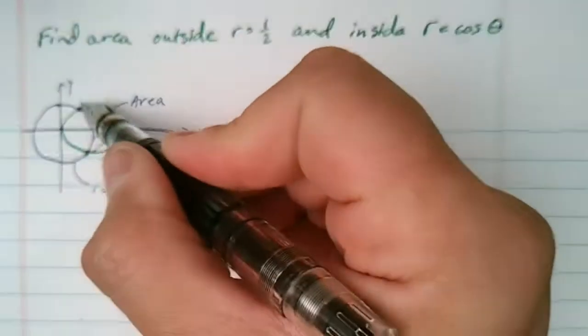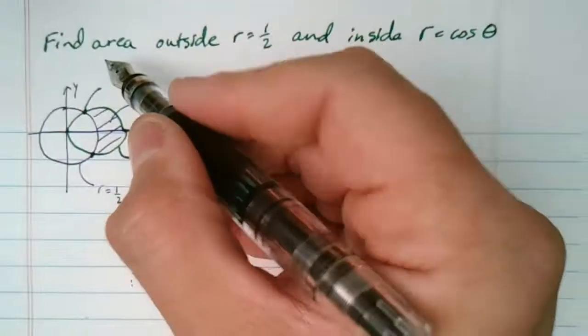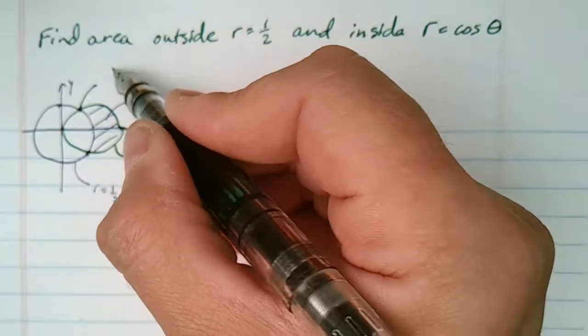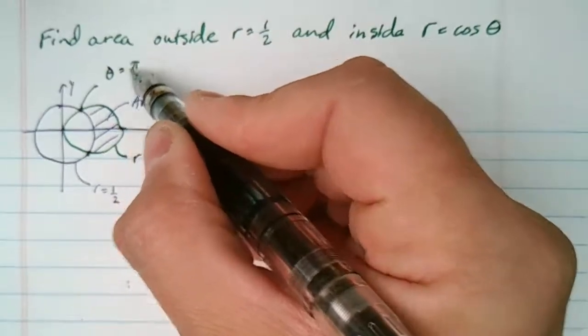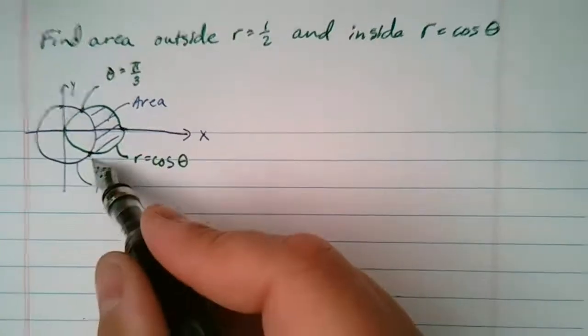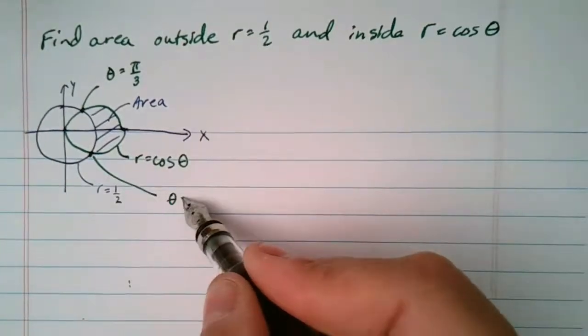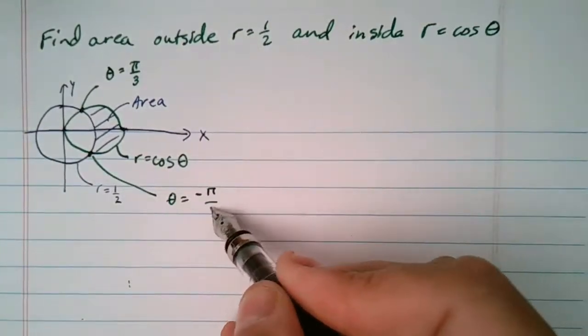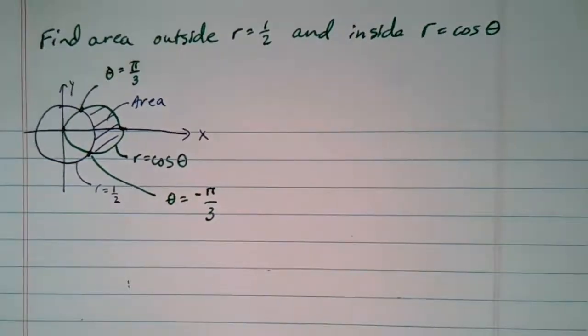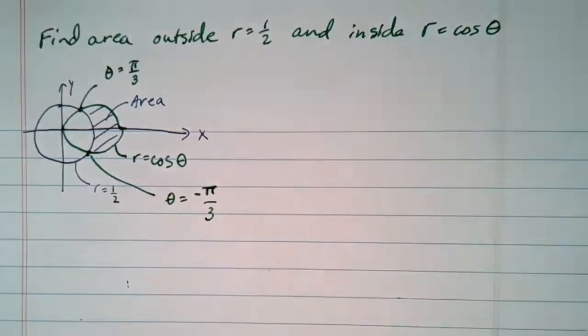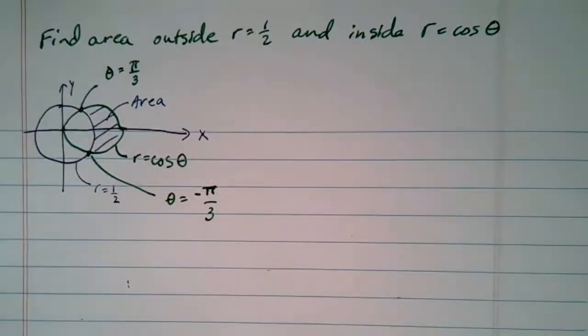And what you're going to find is that this occurs at theta equals pi by 3, and this occurs at theta equals negative pi by 3, quadrant 1, quadrant 4. Okay, so theta equals pi by 3 and theta equals negative pi by 3. So we're going to find those 2 points. Now that we have those 2 points, we want to find the area